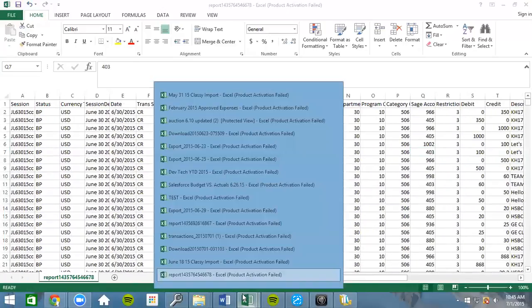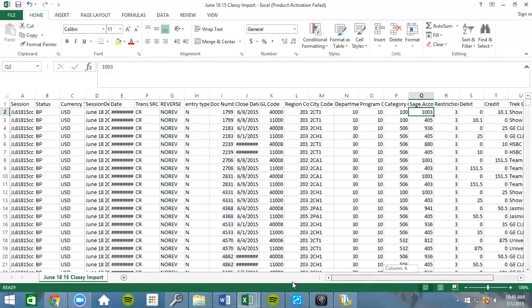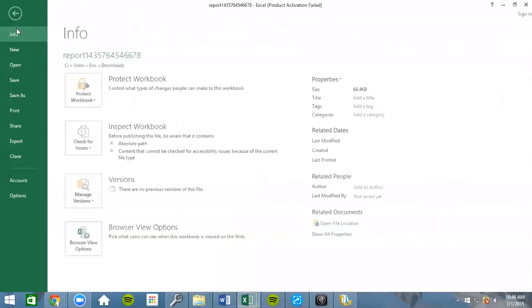You can always review a previous month's file just to see that your columns are the same. There's the same amount of columns. There's the debit and credit fields that you added. You merged the Sage and phase account fields, and you have different GL codes, and you've added in the A through H columns to the document. So now once you've done this, it's ready to go. You can just save